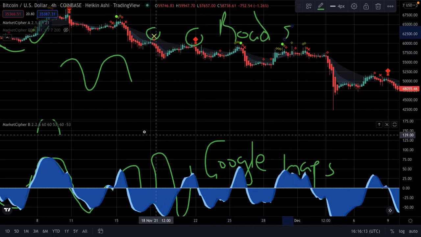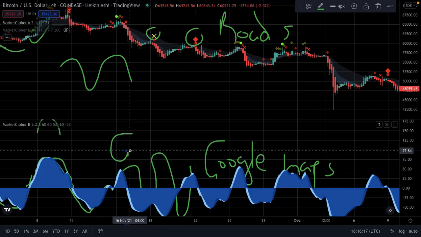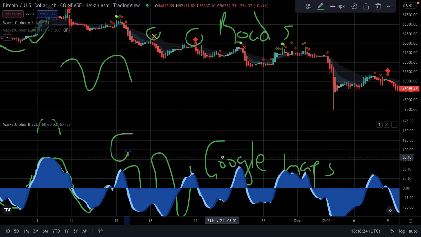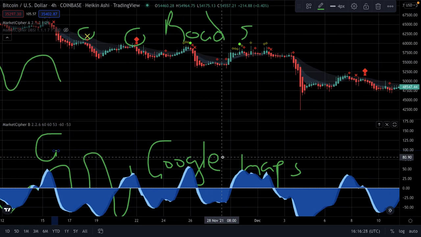So now we have employed Google Maps, and we have different varieties of Google Maps. We dealt with VWAP, we dealt with money flow, and now we are dealing with the momentum waves. Under the momentum waves, we are going to do another video that will tell us how momentum waves affect price in different ways. I'm going to describe how momentum waves work again, because momentum waves are more or less